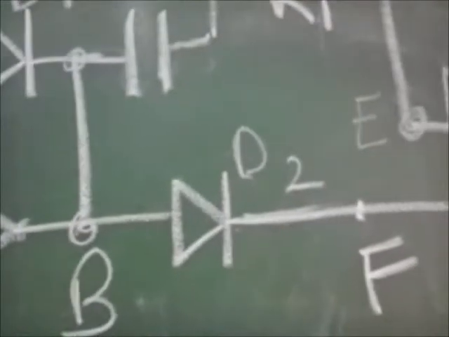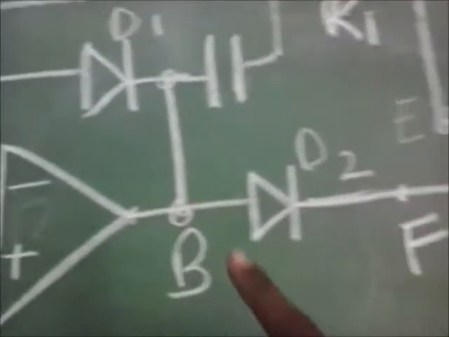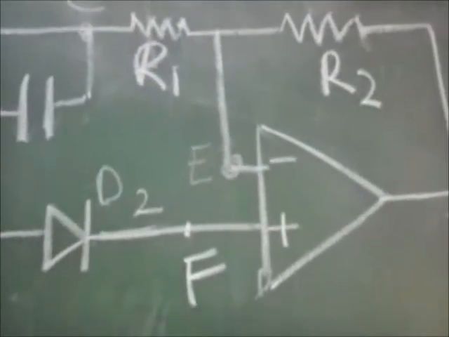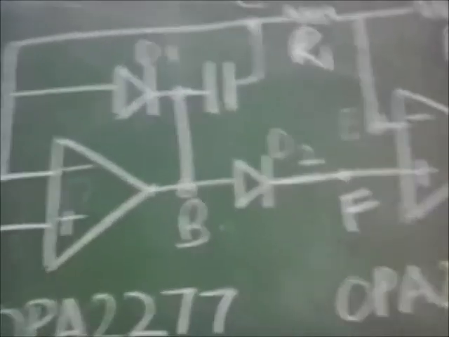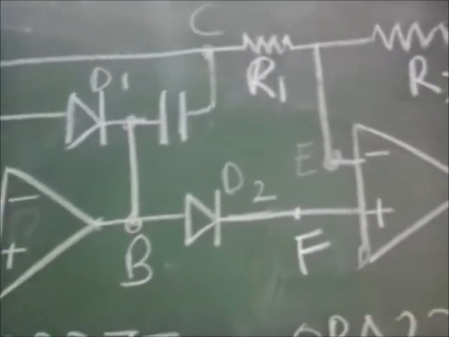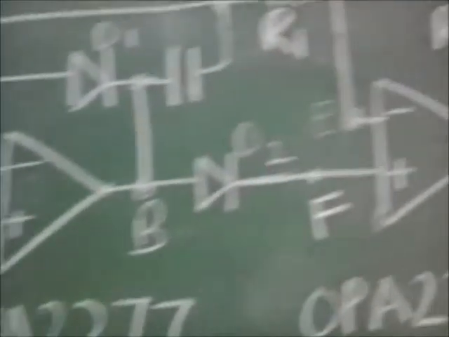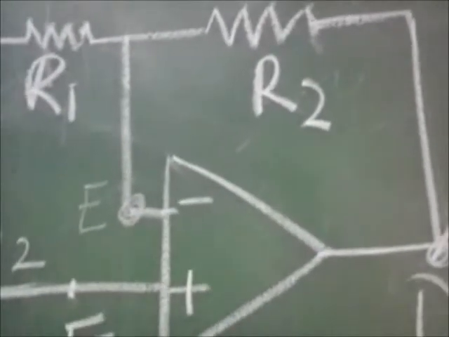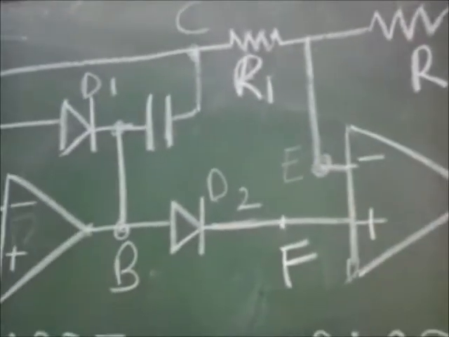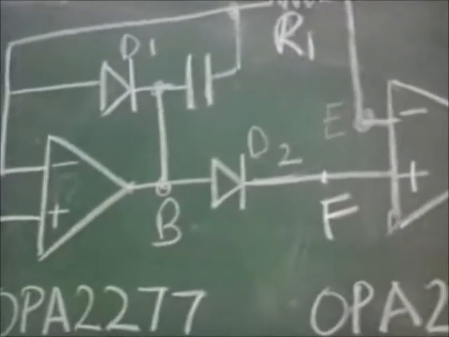The working. For the positive inputs, diodes D1 and D2 are in forward biased mode. Op-amp 1 drives the non-inverting input of op-amp 2 through the forward biased diode D2. The feedback is given to the inverting inputs of op-amp 1 and op-amp 2 from op-amp 2 through resistors R1 and R2 such that Vout is equal to the input Vin.